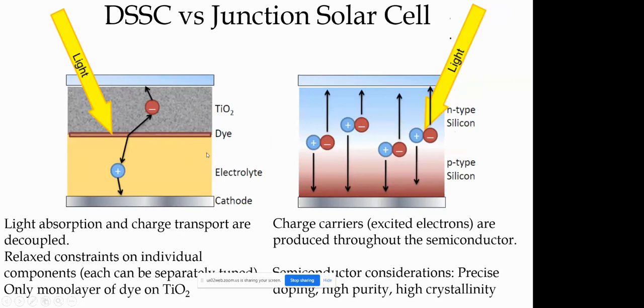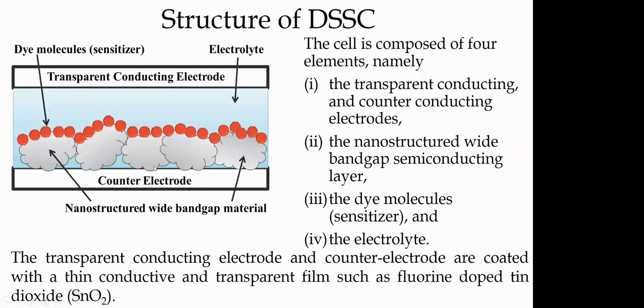Whereas in a PN junction, you generate the electron-hole pairs in the junction region where you have no other charge carriers. Then these charge carriers are generated and the built-in potential will take them out. That is there, right? So mostly these are made of crystalline materials or amorphous silicon materials, whereas these are made on nanostructured materials with respect to the crystalline materials side. This is how the structure of a TiO2 solar cell looks like.